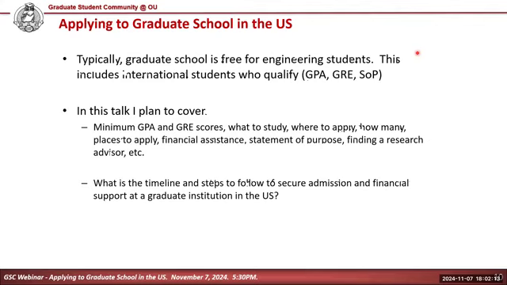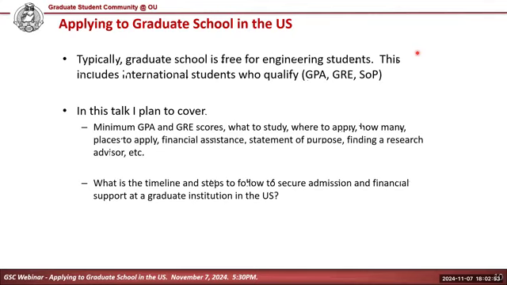What is important for all, whether it's from the United States or from the rest of the world, is your grade point average, the GRE score, and your statement of purpose. These are the three key things that are important for you to do well. Now, some universities have said they don't need the GRE. That is true. But again, talking from a Farukism standpoint, I believe you need to take the GRE and do well at that. Even if the university says they don't look at it, professors look at that. And I will tell you a little later as to how I look at the GRE and why I think it's important for you to take it.